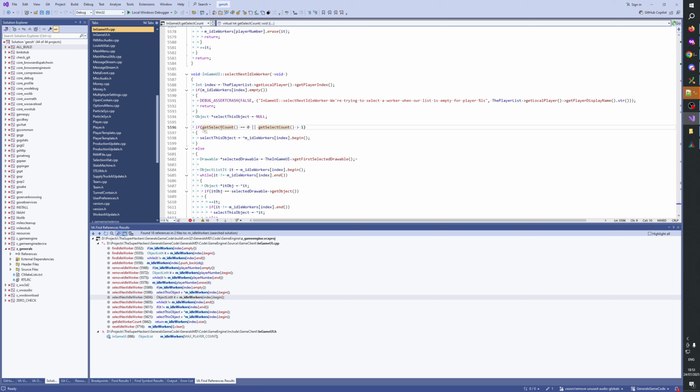If get select count is 0 or larger than 1. What is this? So if it's not 1,